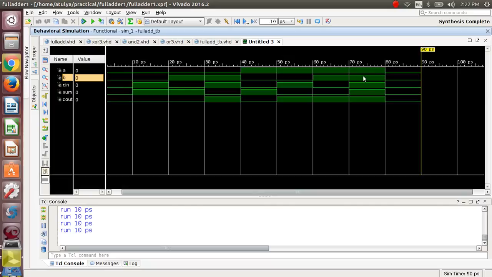Then you can see that when it is 0 0 1, now the signal is high for C in. At that time we are getting sum 1, the signal is high, and carry 0, that is Cout is low here. Again you can continue this process until the end. Finally you can see that here it is 1 1 1, all inputs are 1, at that time you are getting sum 1 and carry 1. Okay, you can see that all the signals are high, and finally you are getting your signal 0. Why? Because in the simulation finally we have given our